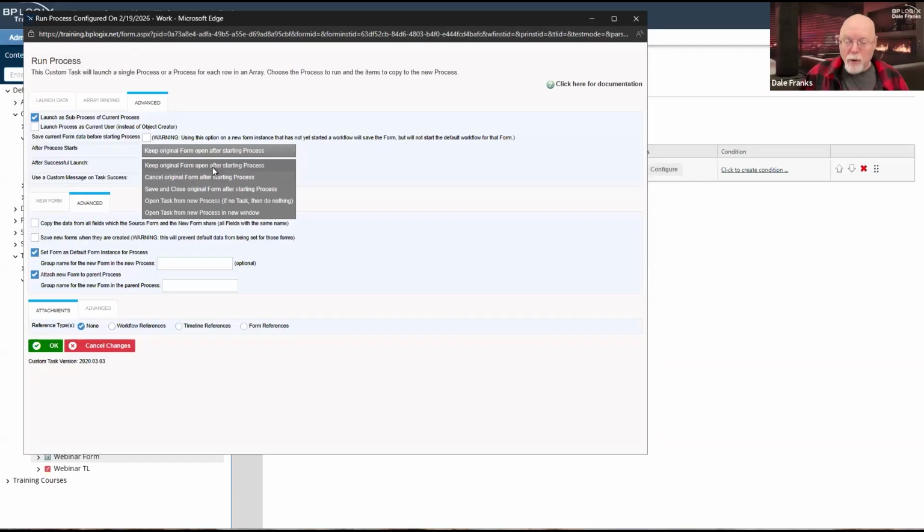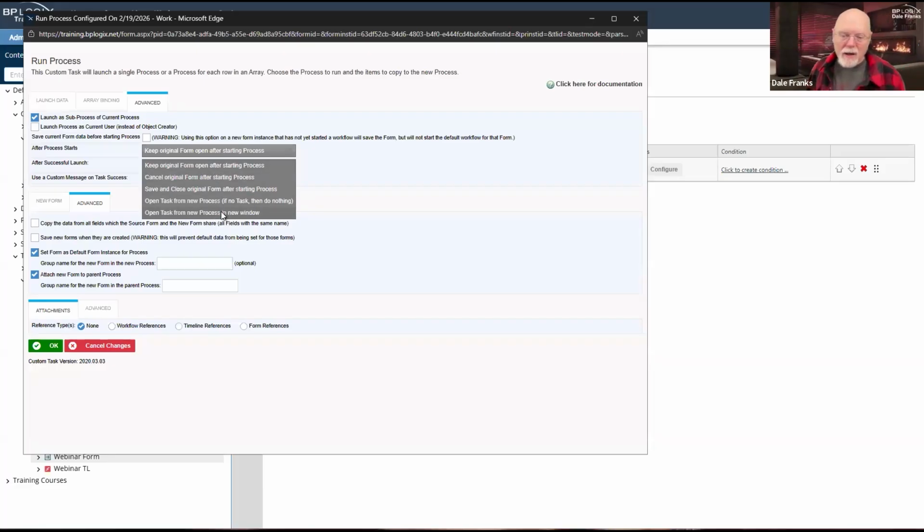So you invoke the run process custom task. It starts off. Whoever needs a task assigned to them gets a task assigned to them. They get the proper email. They do their task. For a feedback deal like this, that's not how we want this to work. When I click that user feedback button, I'm going to need that form to appear instantly so that I can see that, oh, I now have to provide feedback.